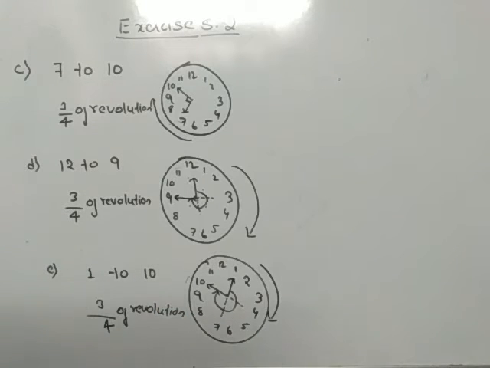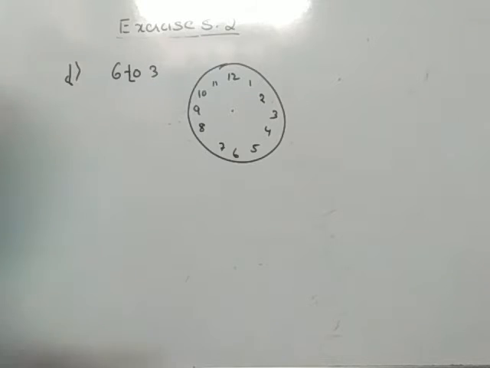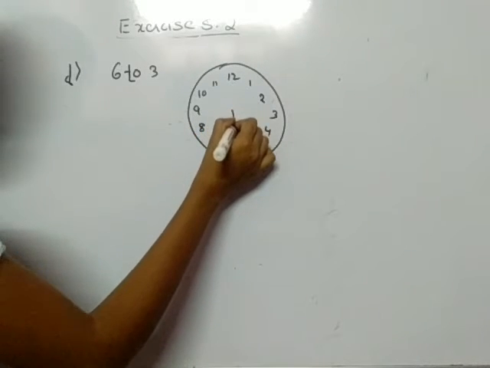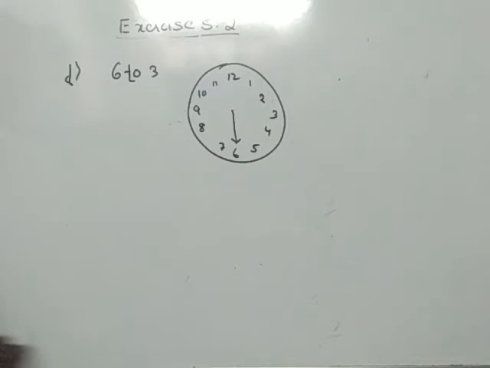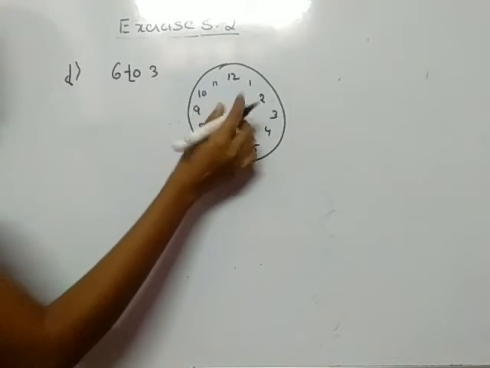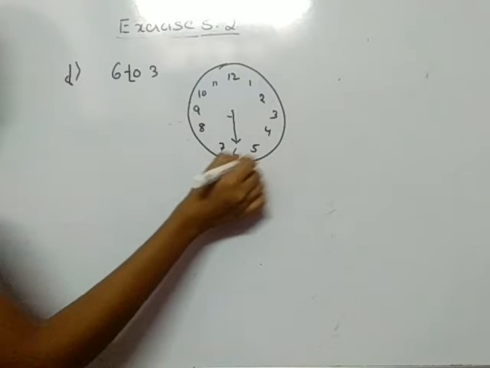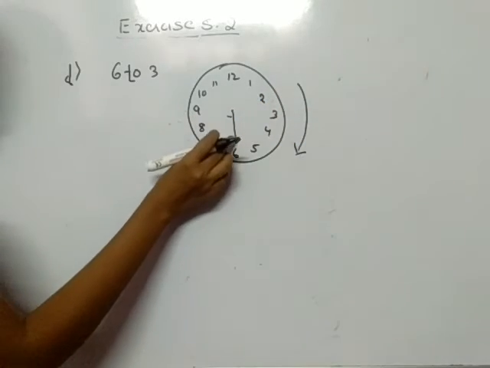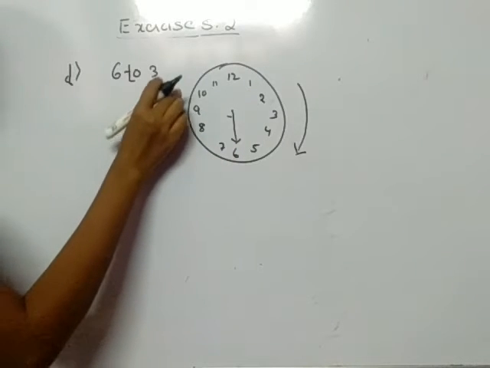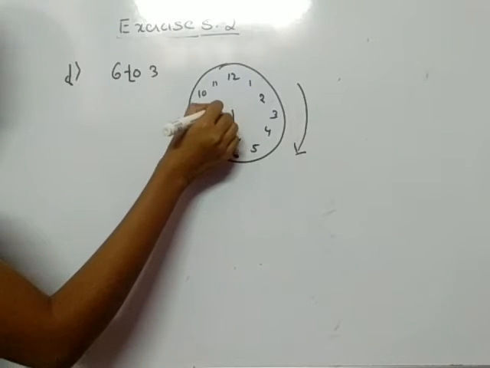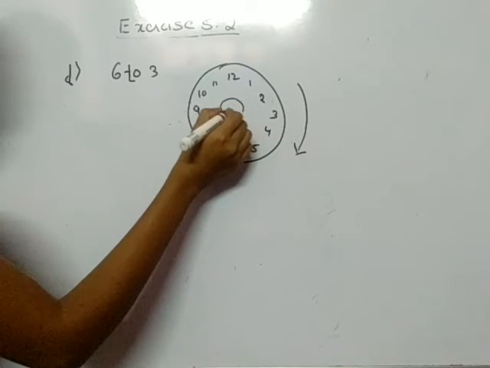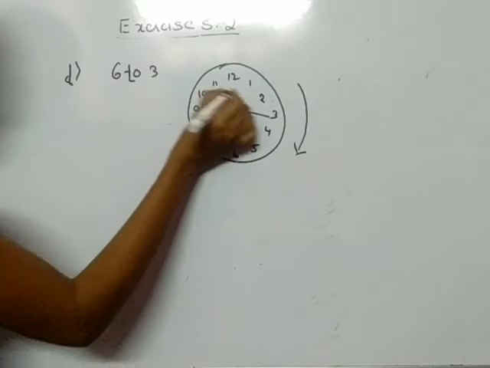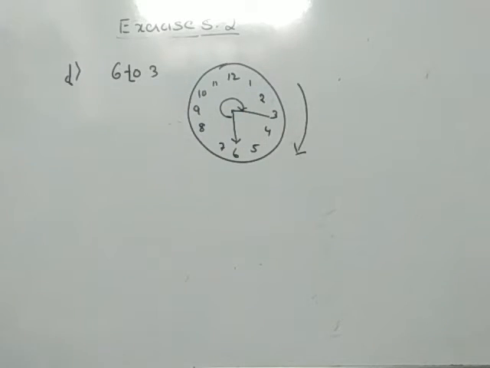We'll move to the last one. Okay, the hour hand is facing number 6 first, and after rotating it came back to the, like this. It has rotated, because in the question they have already said it has rotated in a clockwise direction, right? Clockwise direction means like this. It has rotated like this, and it came back to 3 in this direction.